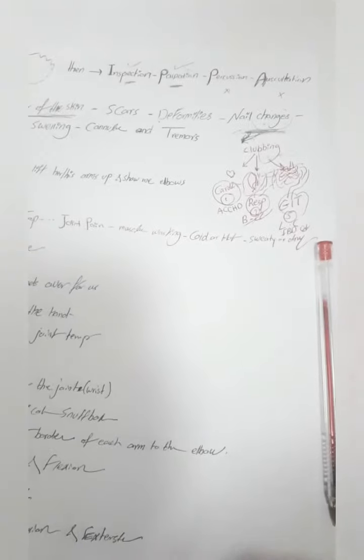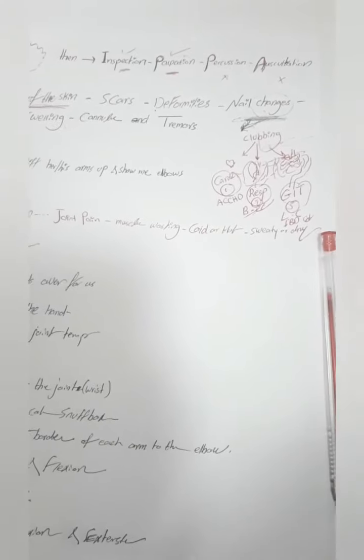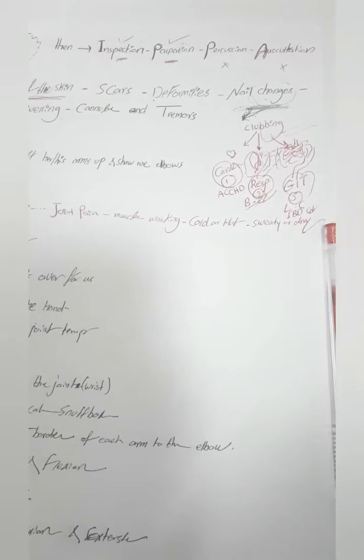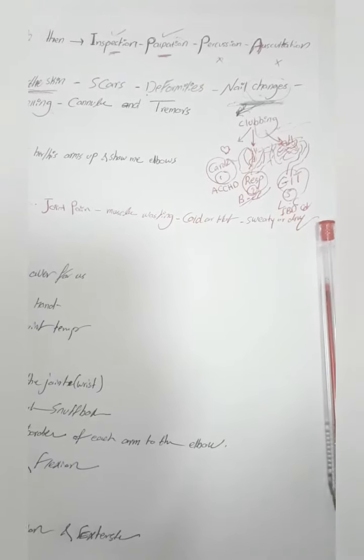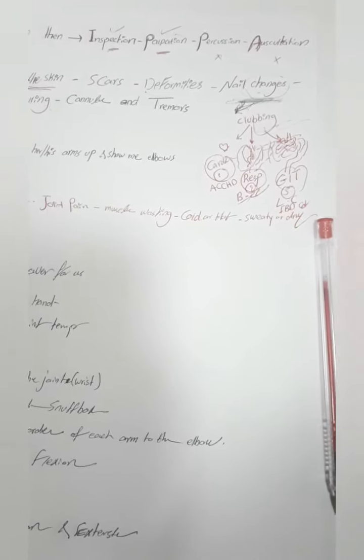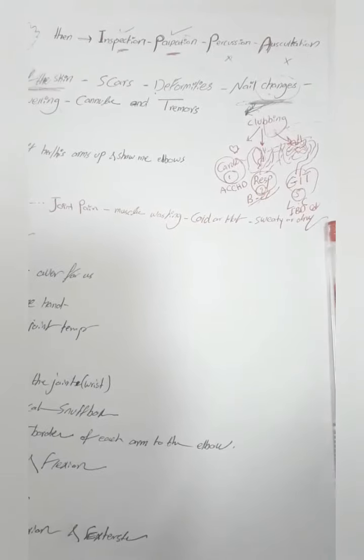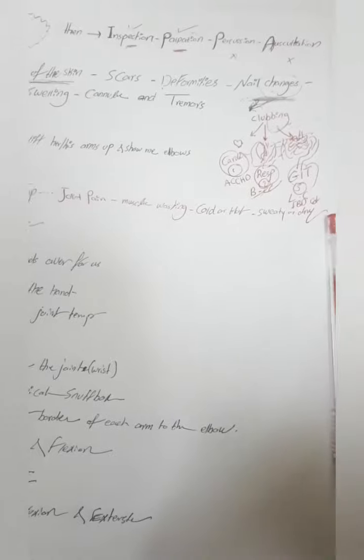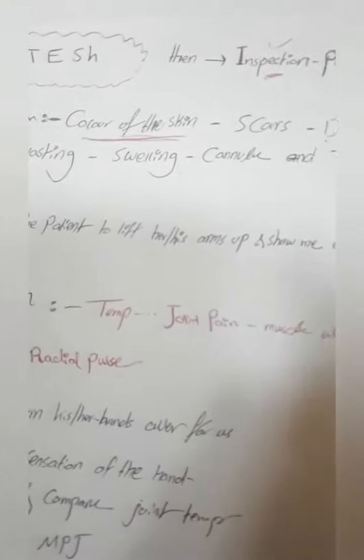This is about clubbing. And koilonychia, what we call spoon shape nail. It looks like a spoon. It's usually due to iron deficiency anemia. Leukonychia is a white appearance in color. And splinter hemorrhage is usually seen in cardiogenic causes, also destructed nail also. And then we are looking for muscle wasting. Swelling is very important to